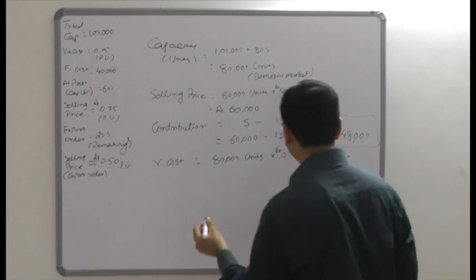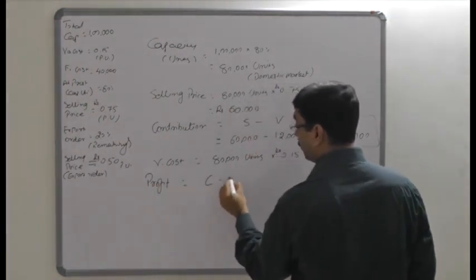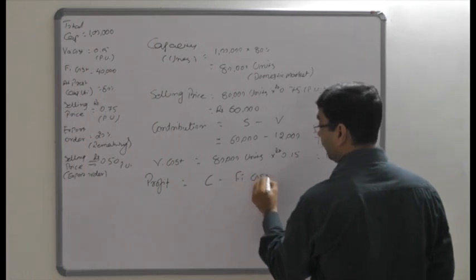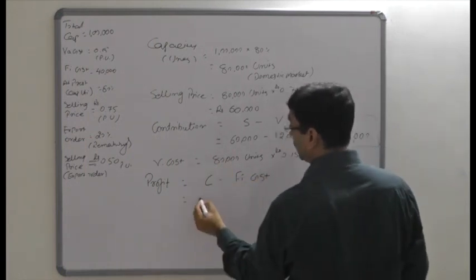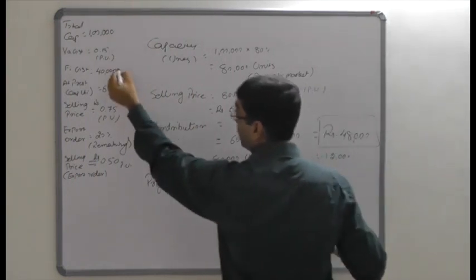Now let's see what the profitability would be. Profit is equal to contribution minus fixed cost. So here the contribution is 48,000. Fixed cost is given